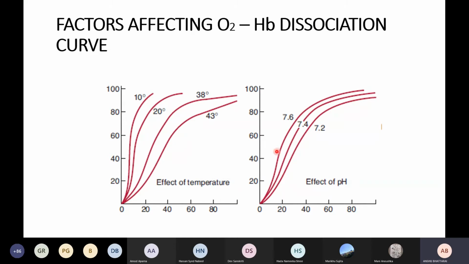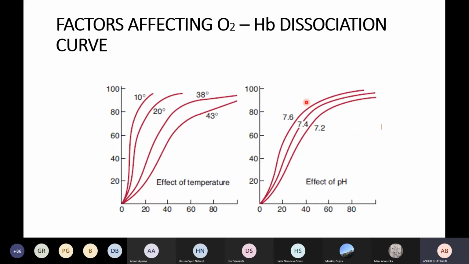This is happening at the cellular or tissue level in the tissue capillaries. Whereas in the lungs, the opposite is happening. Why? Because in the pulmonary capillaries near the lungs, oxygen is being taken up, whereas carbon dioxide is diffusing out of the blood into the alveolus. So carbon dioxide is less in concentration, right? Due to that, less carbonic acid and fewer hydrogen ions are formed, and that is why there is more pH. So when there is more pH, oxygen has more tendency to bind to hemoglobin.